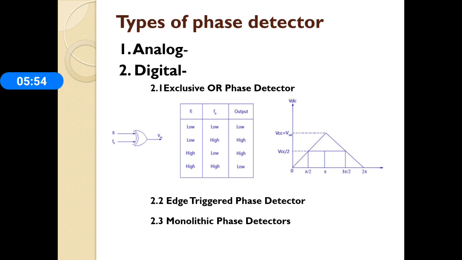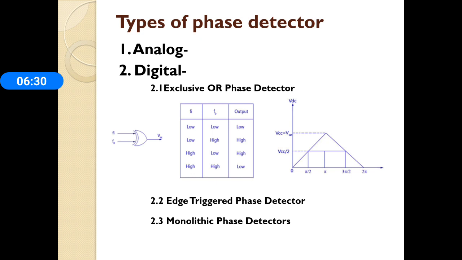This comparator circuit compares the input frequency and the VCO output frequency and produces a DC voltage that is proportional to the phase difference between the two frequencies. The phase detector used in a PLL may be of analog or digital type. Even though most monolithic PLL integrated circuits use the analog phase detector, the majority of discrete phase detectors are of the digital type. One of the most commonly used analog phase detectors is the double balanced mixer circuit.